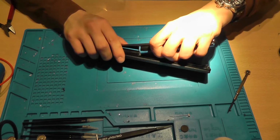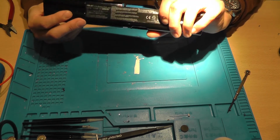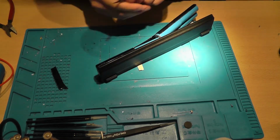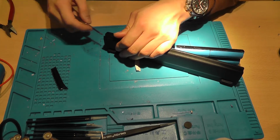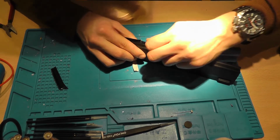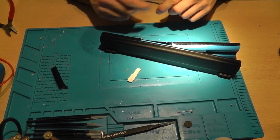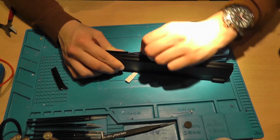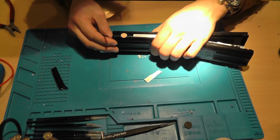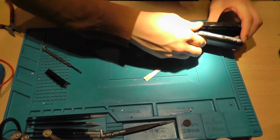So you can use a bit of force. I suggest you try to keep the battery in one piece. So not like this, because you risk shorting the batteries. It's better because you've got a strip that you are able to solder connections to, and also make sure not to poke the battery sleeves, I think that's what you call them, because that will expose the ground plane, which is rather big, of the battery. And I already accidentally touched a ground plane with another battery, and yeah,